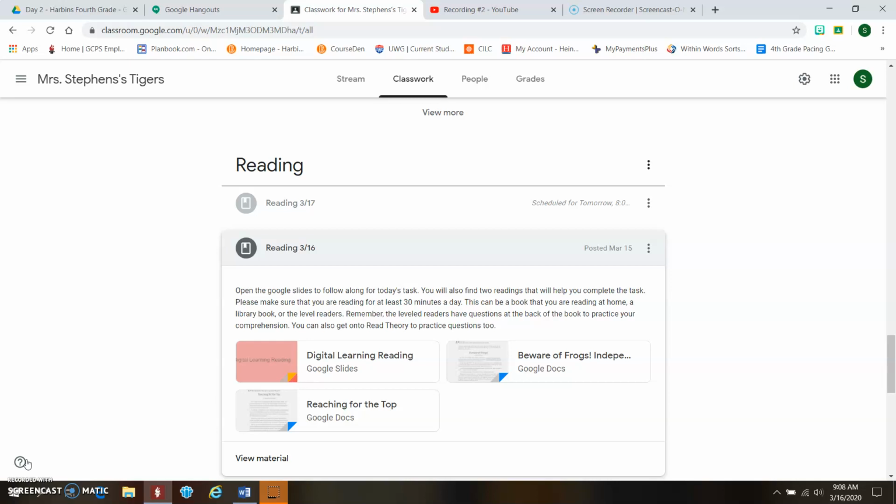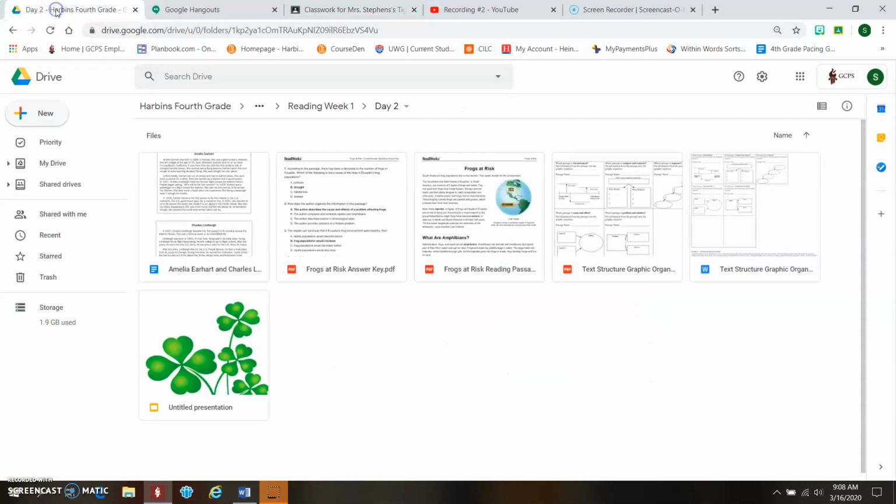So today's lesson for Monday, you see all these different links. Tomorrow's lesson will have the same exact thing where you can find all of the materials to complete your daily task. Under that, you will find today's PowerPoint, today's video. Here is the Frogs at Risk article,